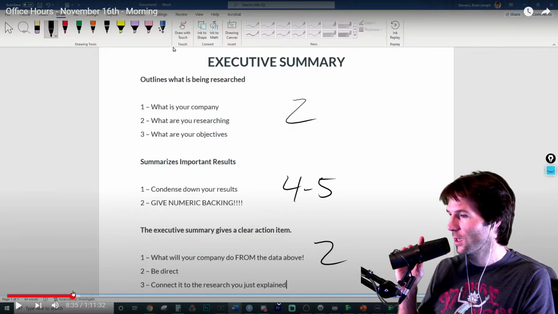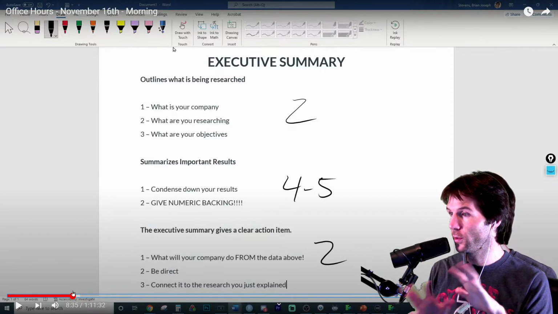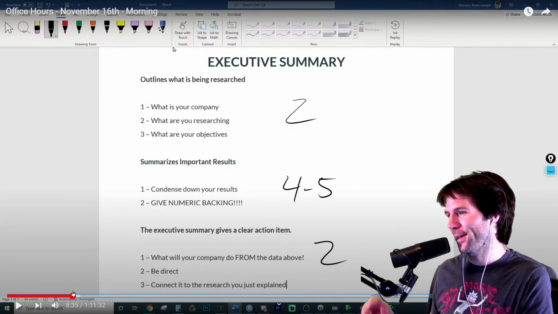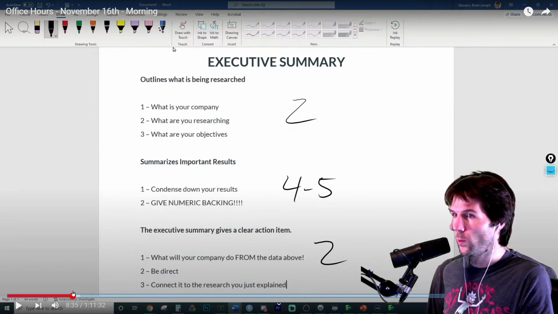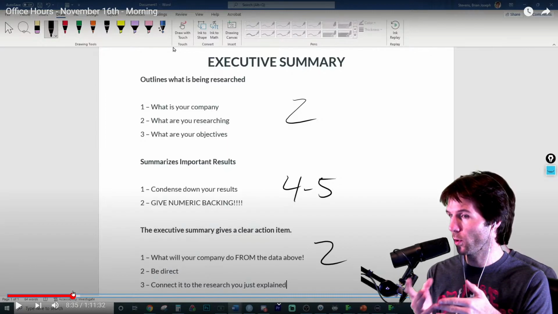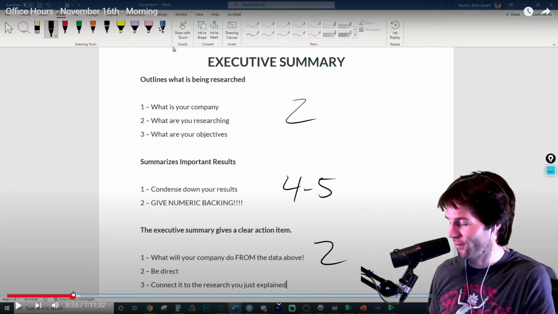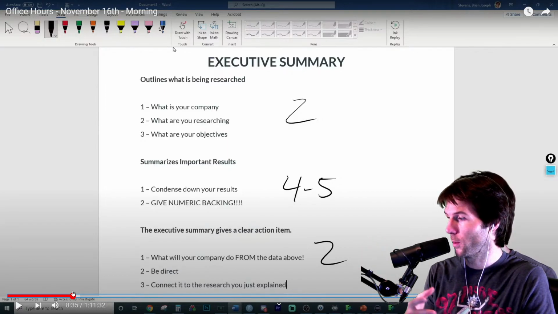Probably. If somebody were to read your executive summary, they don't need to read your report. The executive summary is for executives who are like, I don't have enough time to read this report. Let me just read the summary of it. So you want to tell them what the report's about, first part. You want to then give them the important results of the report with the numeric backing. I can't state that enough. Great job, Caroline, right there. And then last but not least, you want to go down here and say, well, here's what we're going to be doing from this.